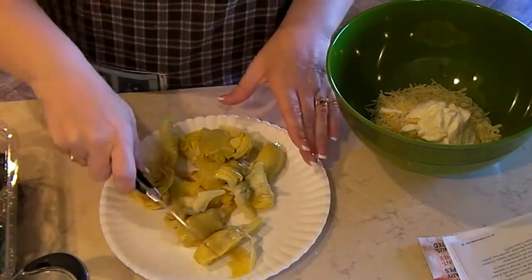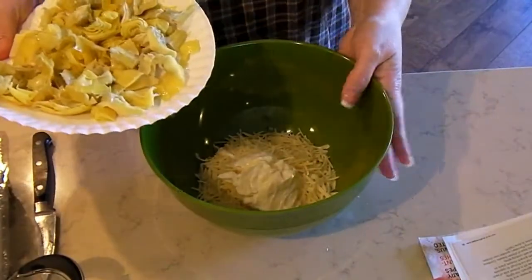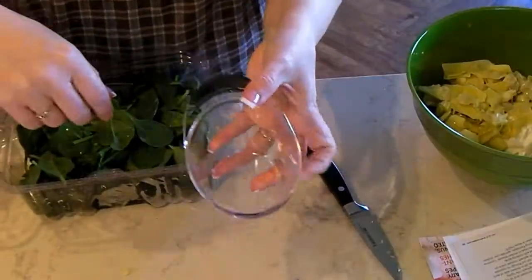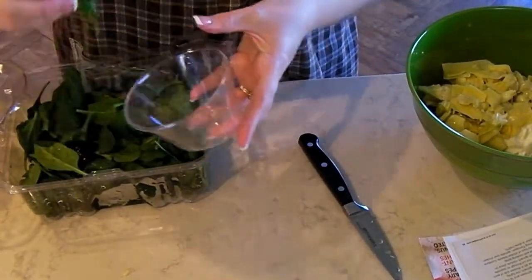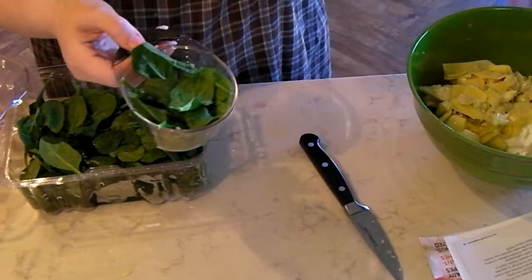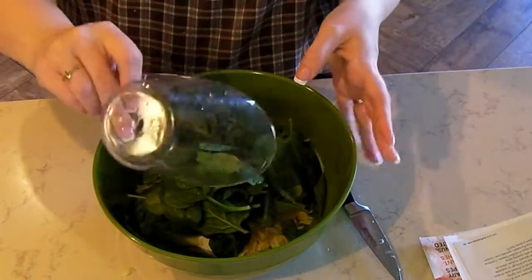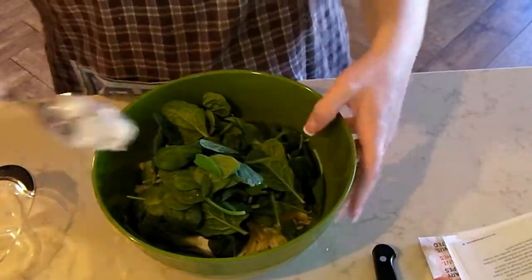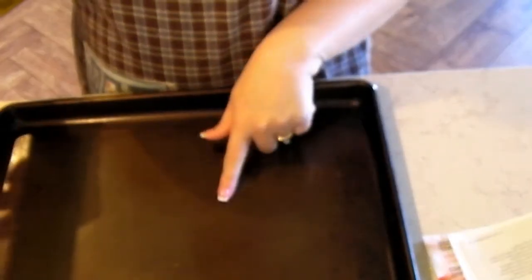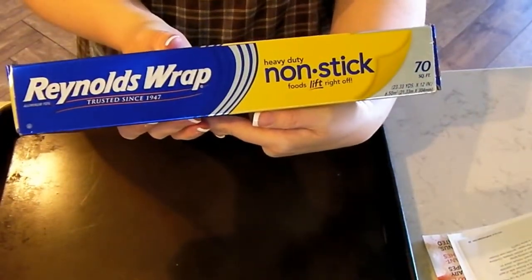After you drain your artichoke hearts, you're just going to chop them up. Okay, you're going to add your artichoke hearts into the bowl. Okay, you're going to take your measuring cup, and it says to do 2 cups of spinach and add that to the bowl. So that's 1, and that is 2. You're going to mix this together. It says to spray a baking pan, but I am actually going to use the non-stick Reynolds wrap instead of